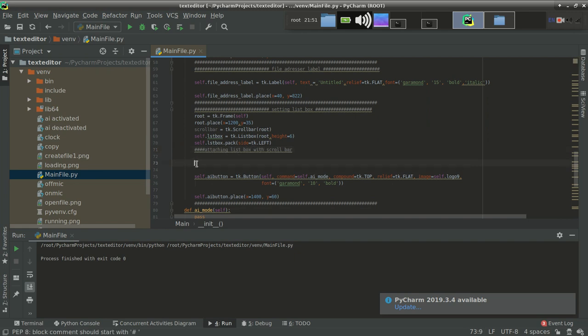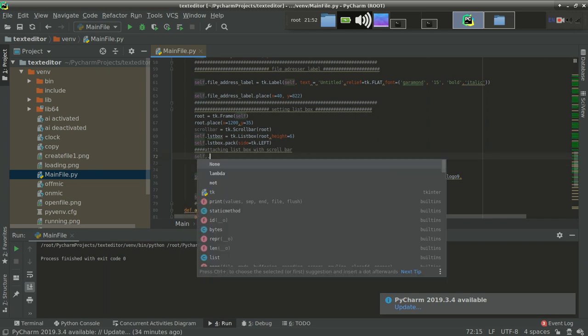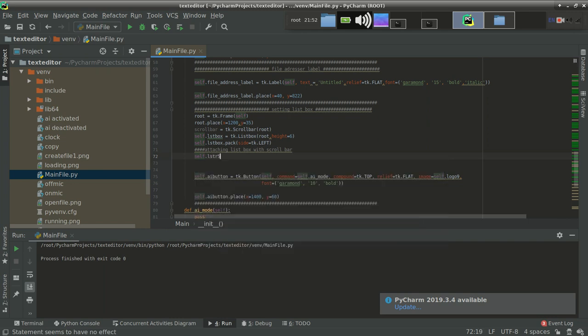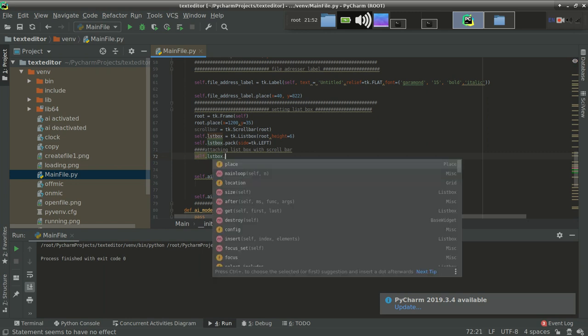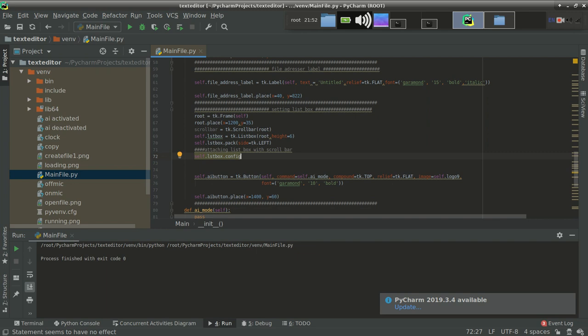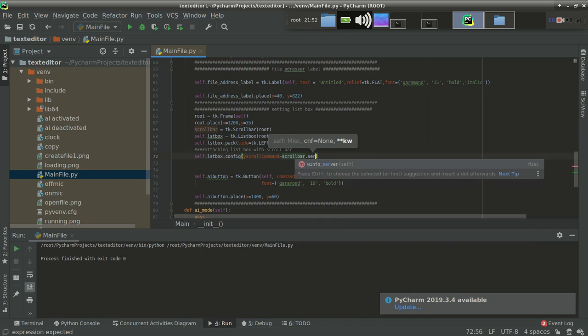Now it's time to attach. So for attaching it, you have to write self dot listbox dot config, yscrollcommand equal to scroll bar dot set.